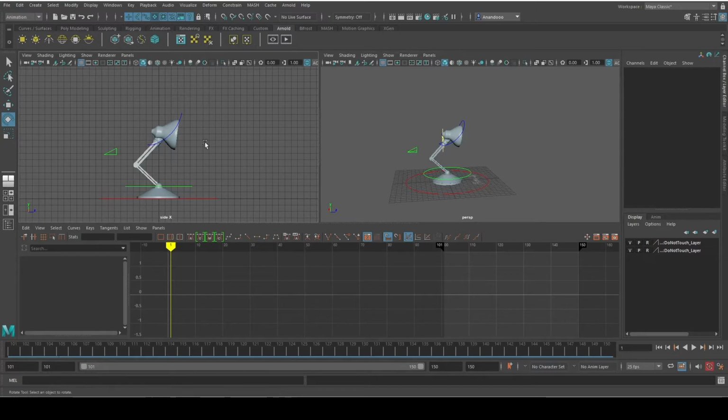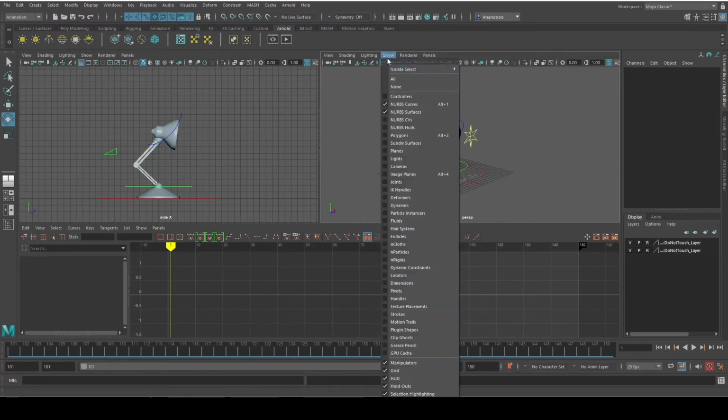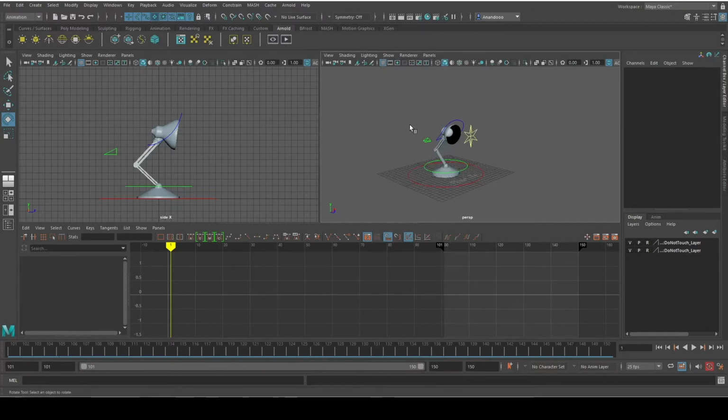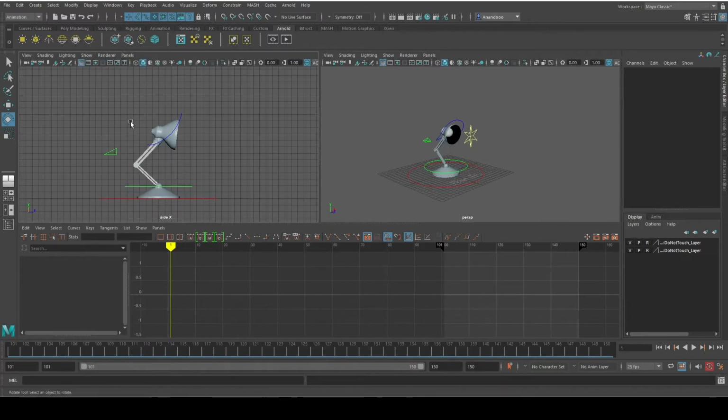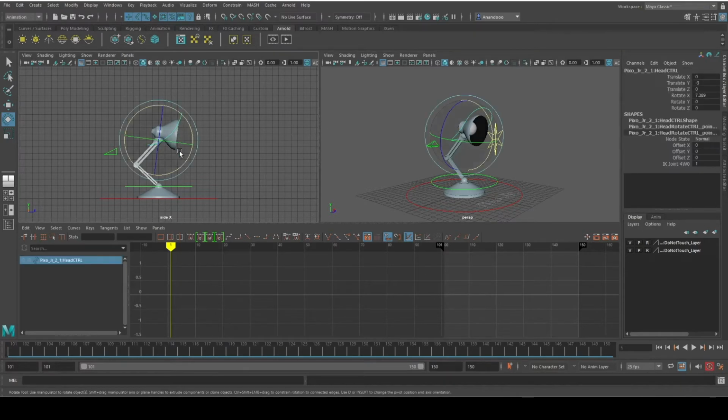because we want to make sure that we're only viewing what we need in these panels. So I'm going to go to Show, and I'm going to hit None. Then I'm going to go in and make sure that I've got NURBS Curves, NURBS Surfaces, and Polygons, and those are the 3 that we need checked in our show here. And then I could just check in here, which I've already set on this one as well. And those are all that we want to see in this project, just so it's nice and clear what we're selecting. And then we're just going to make sure that this is unchecked so that we're not affecting any of the